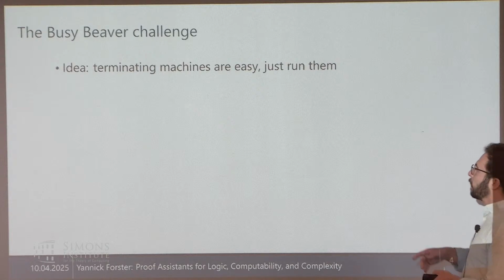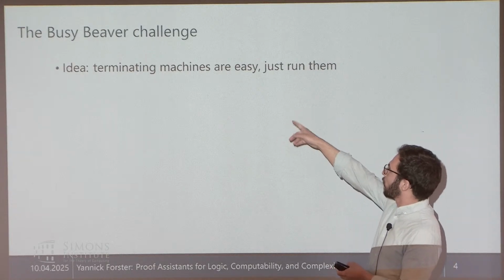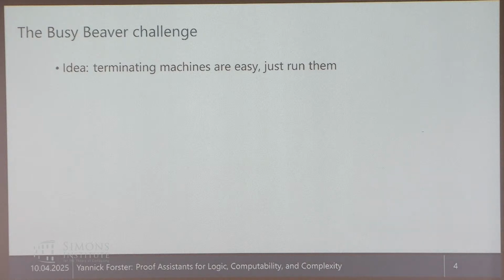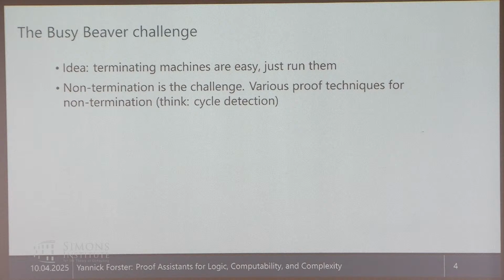So clearly terminating machines are easy here, you just need to run them. There is not too much to do in a sense. You need a simulator for Turing machines, and then for the terminating ones, you just run them, you count steps. If it's less than 47 million, you're good. For non-termination, it's much harder. You need to do individual proofs. They developed various proof techniques for non-termination. You can think, for instance, of cycle detection. Once a Turing machine actually loops and every 10 steps reaches the same state, okay, now it's over, it's actually going to run forever. There are lots of intricate mathematical ideas for how to computationally prove through simulation the non-termination of Turing machines.